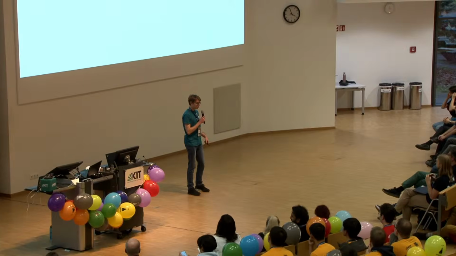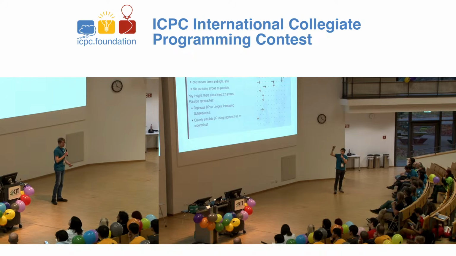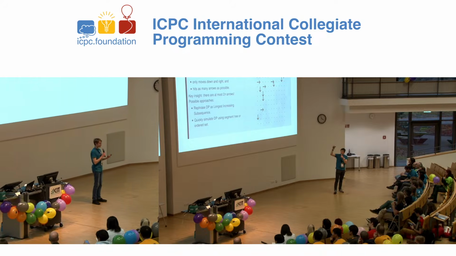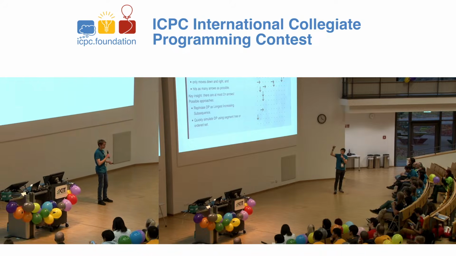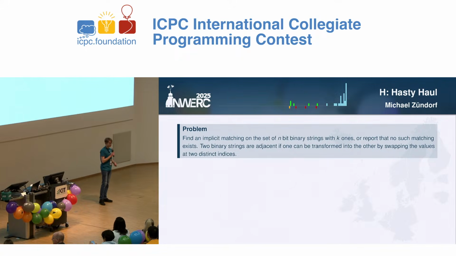Okay, so problem 8. In this problem, we were given basically the set of all binary strings of length n, which contain exactly k ones, and we should find a perfect matching on this set, where we consider 2 strings to be adjacent if one can be achieved from the other by